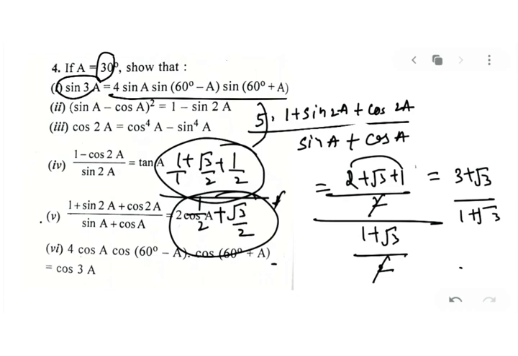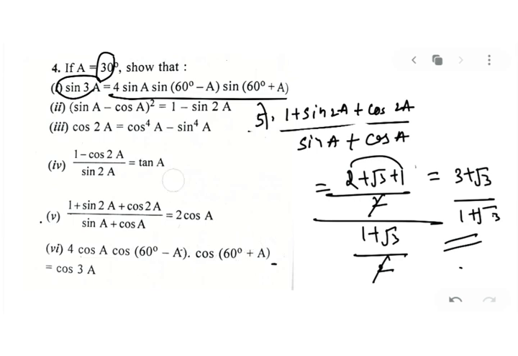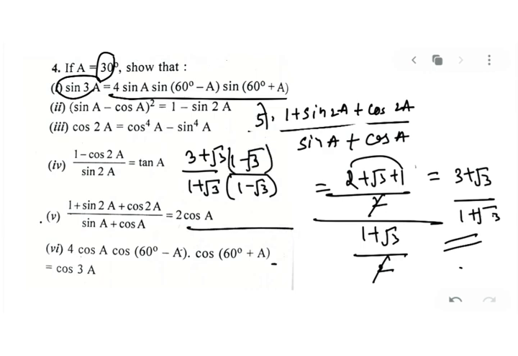Got my point clear? Now if you want, you can keep it as it is, or you can rationalize. Once you rationalize, that means you have to multiply numerator and denominator by 1 minus root 3. My answer is 3 plus root 3 upon 1 plus root 3, and I'll rationalize. You have to multiply the numerator also with 1 minus root 3. So down you will get 1 minus 3, and up you will get,